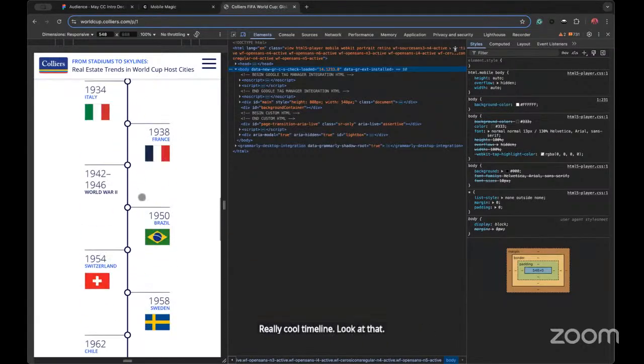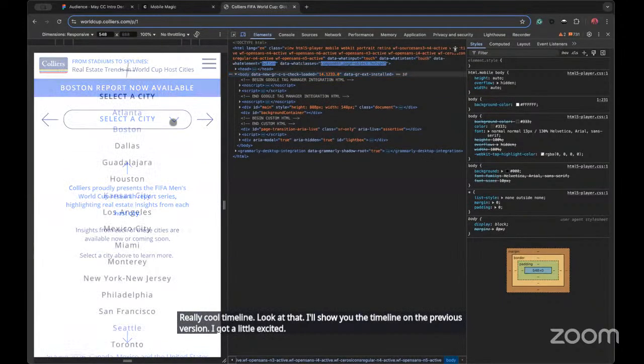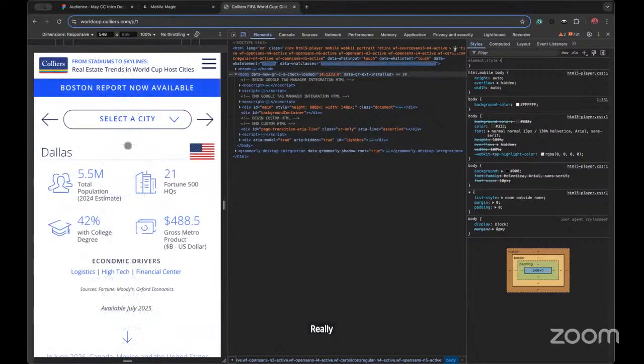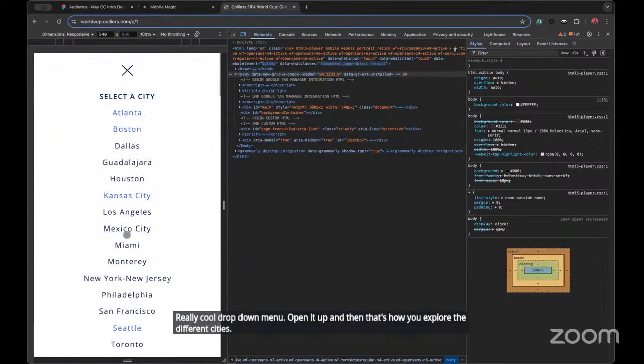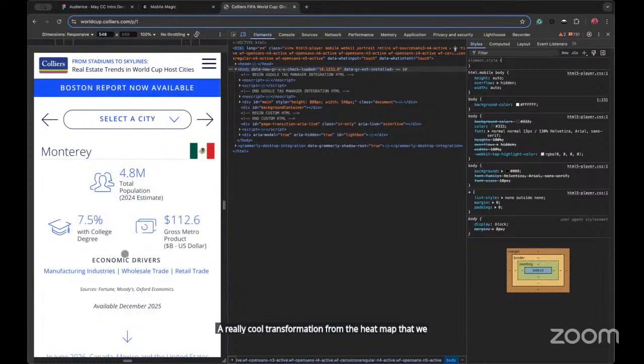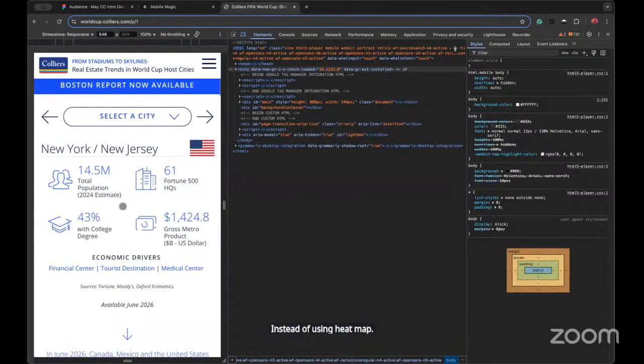Like, I'll show you the timeline on the previous version. I got a little excited. Really cool drop-down menu. Open it up, and then that's how you explore the different cities. A really cool transformation from the heat map that we saw on the desktop variant, right? Instead of using a heat map, you've got this very easy to use